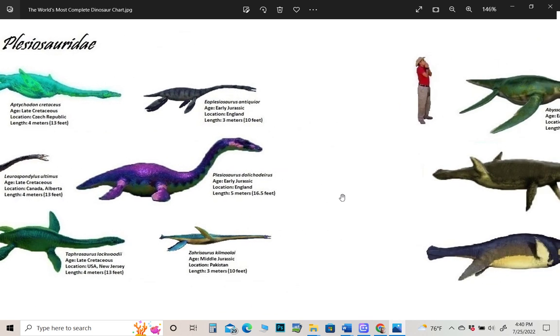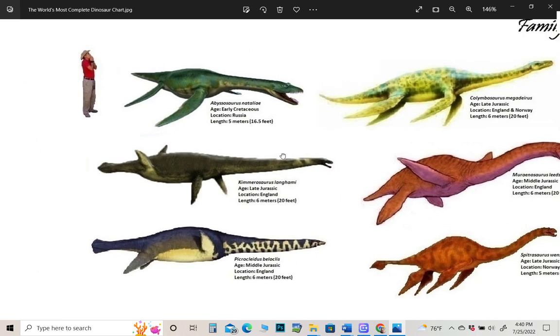I would have loved to see Plesiosaurus in the Jurassic World Dominion movie, but unfortunately they didn't include them. So,